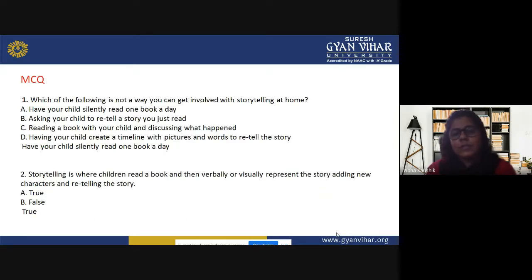Now let us discuss some MCQs that are based on the topic that we have learned, as MCQs are the best way to learn whether you have learned that topic and what your learning outcomes are. Now, the first one is, which of the following is not a way you can get involved with storytelling at home? The options are: A, have your child silently read one book a day; B, asking your child to retell a story you just read,